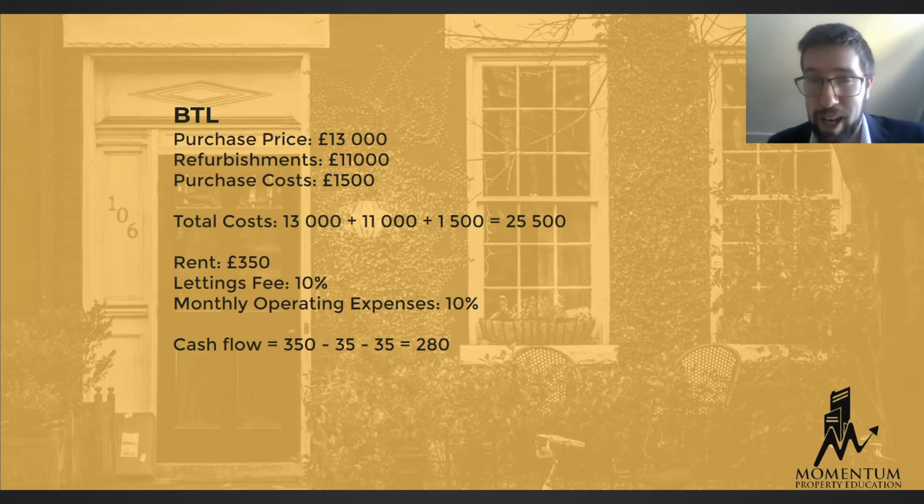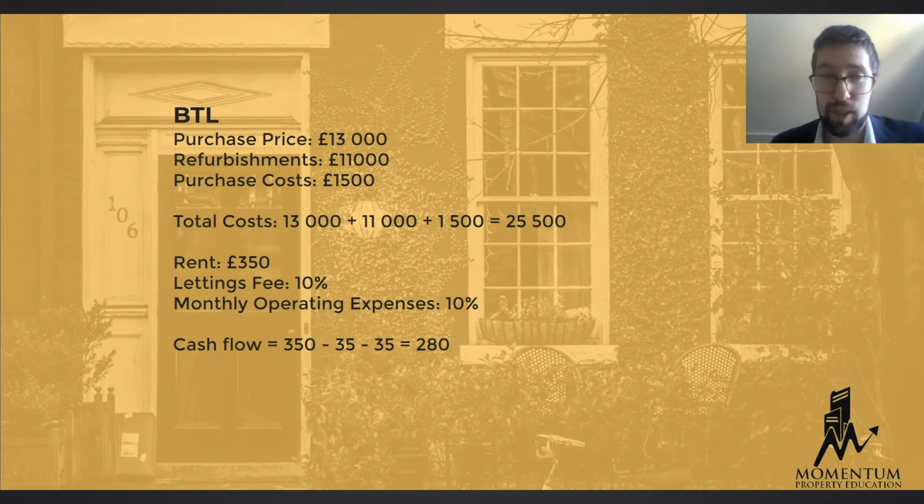Now that might not sound like a lot, but imagine we had spent £1,000 going to our first workshop. We had then signed up for a mentorship and paid £15,000, and then we'd spent another £25,500 on the property. So we were up over £40,000 in expenses, and when this cash flow hit our account, that just told us it works. We're making money. Yes, we've spent £40,000, we got £280 back, but we knew we would now have £280 every month for the rest of our lives. That is an amazing experience to feel.